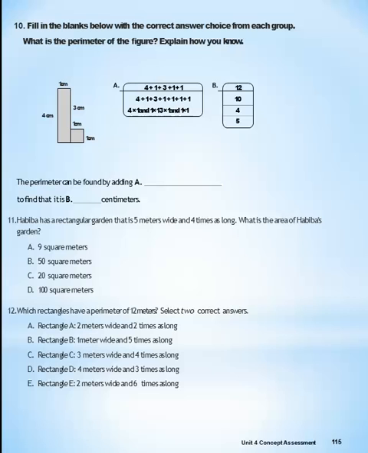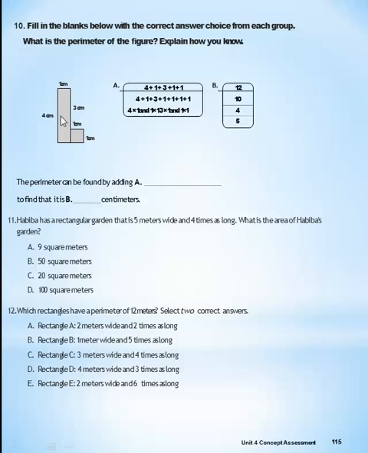Fill in the blanks below with the correct answer choice from each group. What is the perimeter of the figure? Explain how you can find this. You need to find the perimeter. Okay, here we have 1 centimeter, here 1 centimeter, here 1 centimeter, here 4, 3, 1, 1. The perimeter is found by adding,